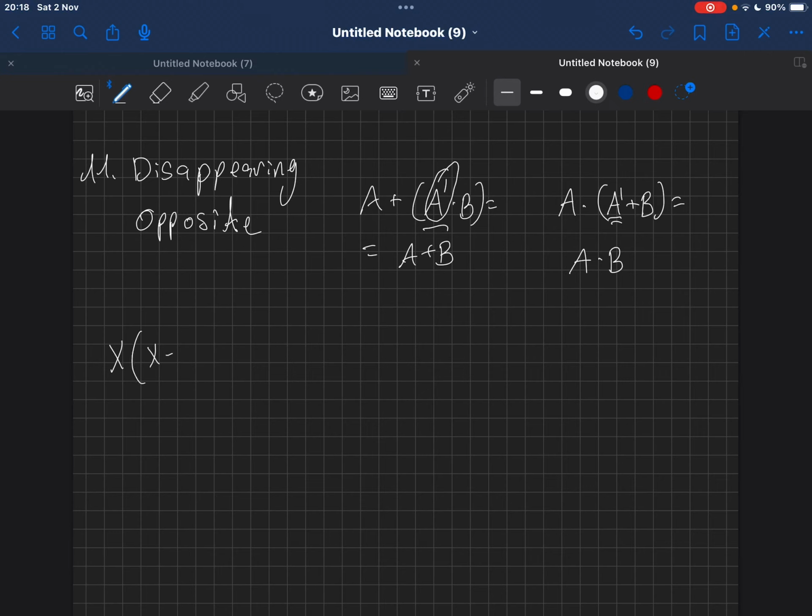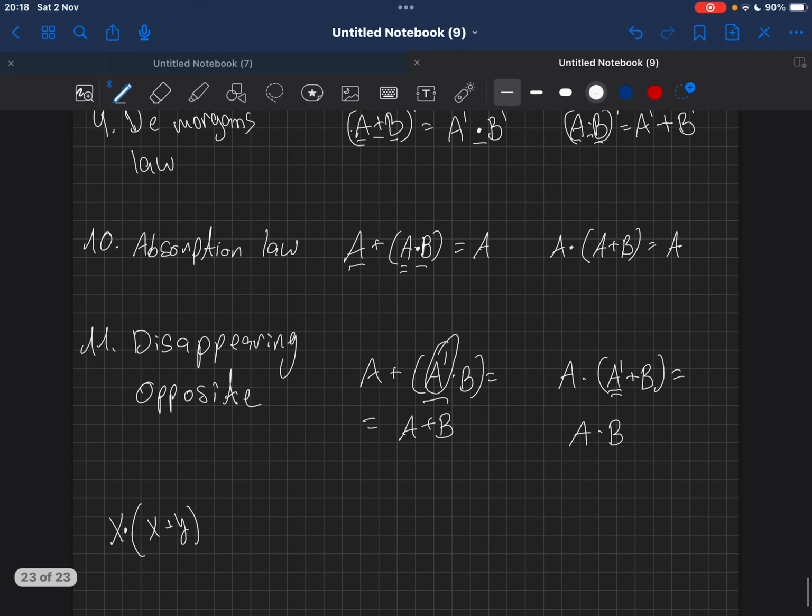The question will be, try to change the following equation: x times (x and y), x or y. Now, the truth is that you can be done with this question very fast, because if you remember the